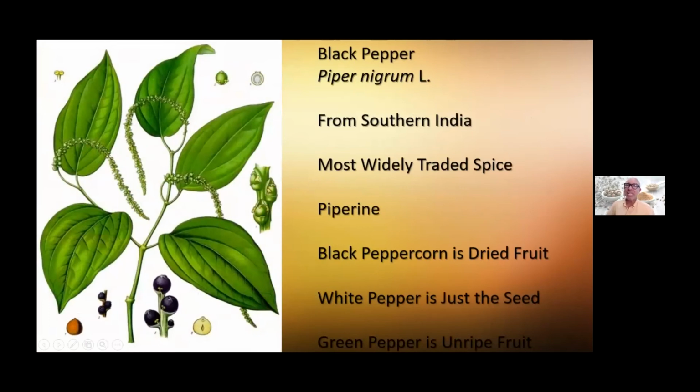Our last fruit is, as mentioned, the black pepper. And the black pepper is the dried fruit with a seed inside. So the flesh of the black pepper is very thin, very wrinkled when it's ripe. The seed inside is a whitish color. Piperine, it's not capsaicin, it's piperine, has the same kind of heat that is imparted by its very distant relative, the red peppers, the chili peppers that we just met. This black pepper, Piper,